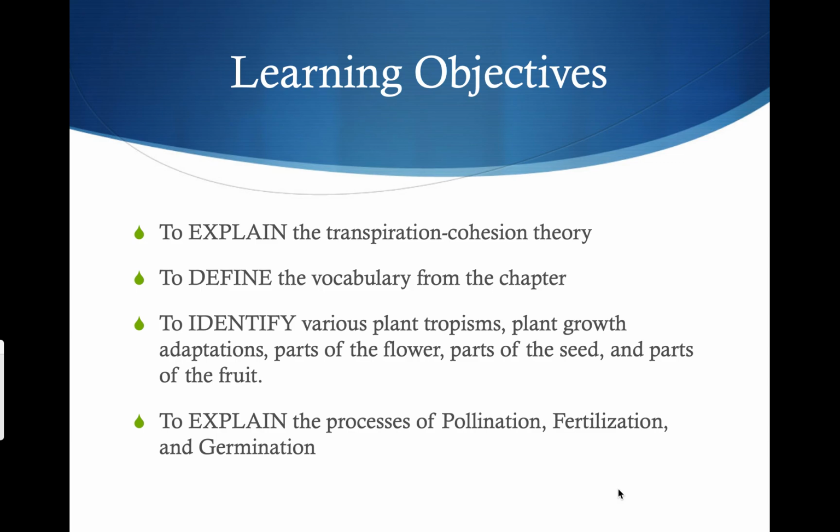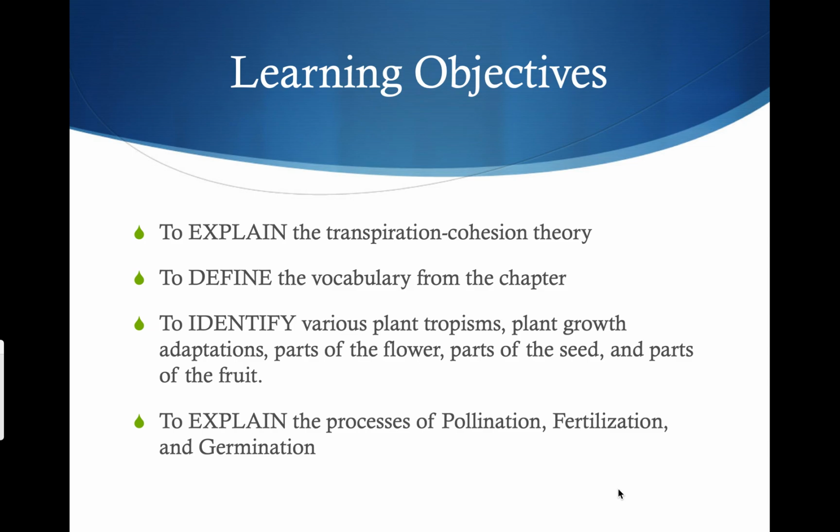First of all, the objectives that we hope to obtain by the end of this. These are our learning objectives. First, to explain the transpiration cohesion theory. Secondly, to define the vocabulary from the chapter. One quick note is that in terms of definition, it's very difficult for me to